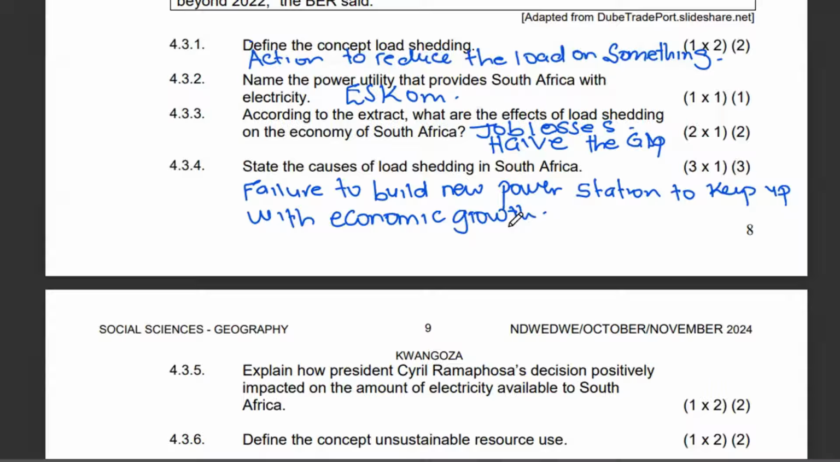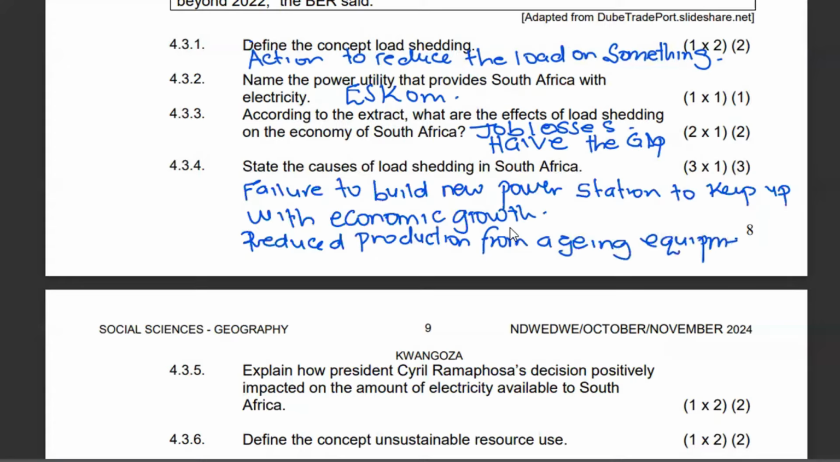Also, the reduced production from aging or faulty equipment. Reduced production from aging equipment. Okay, then